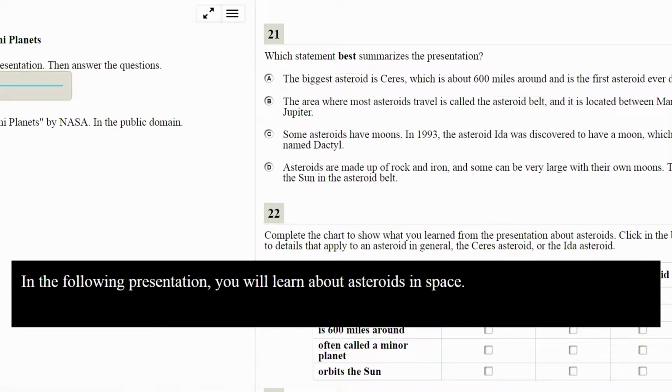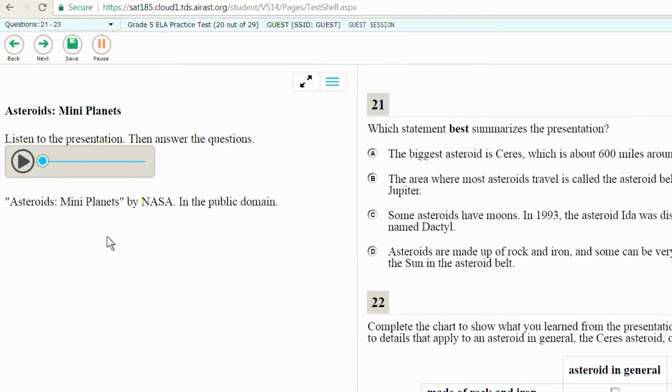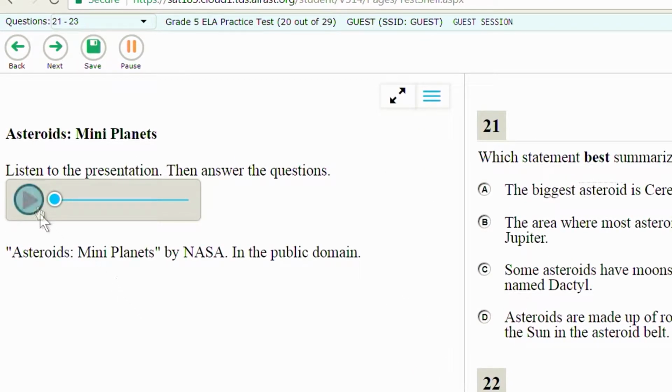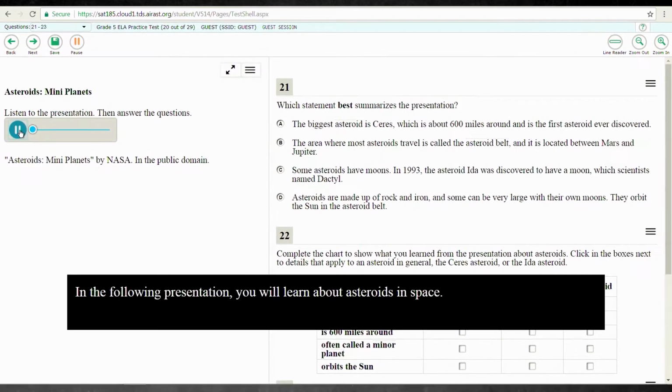screen will look like. If this option has been chosen for you to use during summative testing, it must be turned on by your testing coordinator in the Test Operations Management System, TOMS, at least one school day prior to testing. When there is a question that requires listening, select the play button on the left hand of the listening bar using your mouse or trackpad.